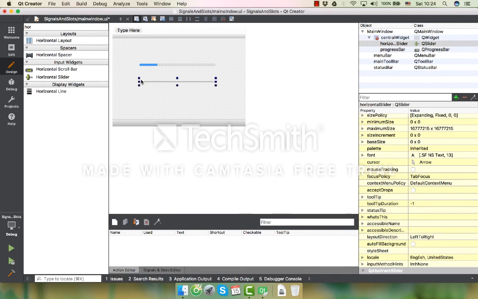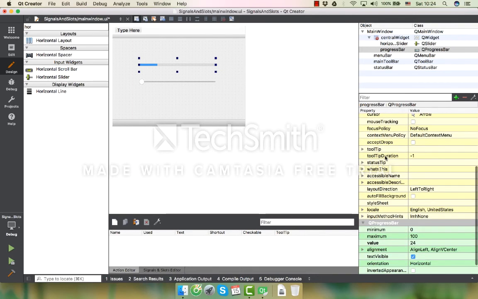So for example, I want to move the slider and I want to change the percent value of the progress bar whenever I change the value of the slider. So how can I do this? So first of all, I just select the